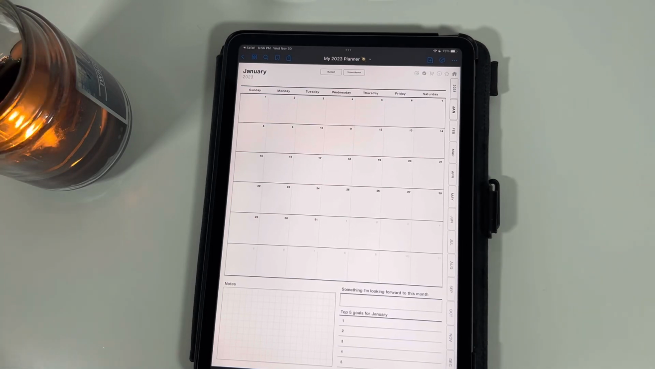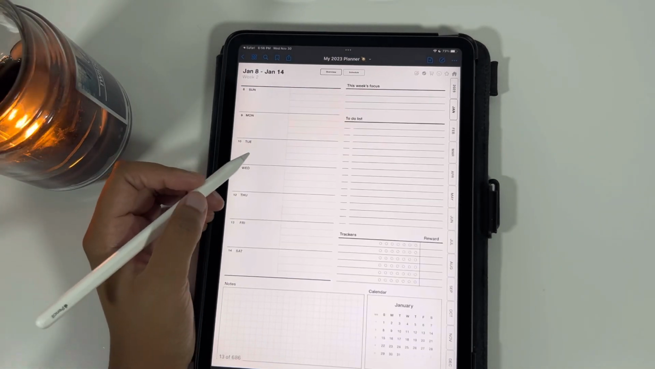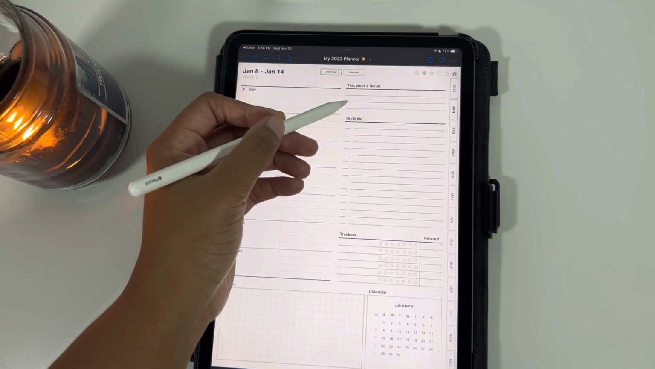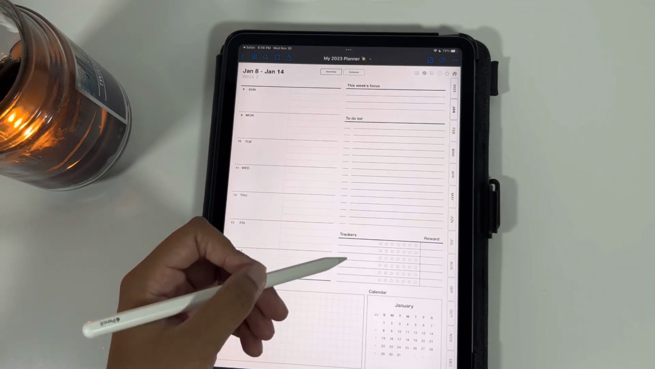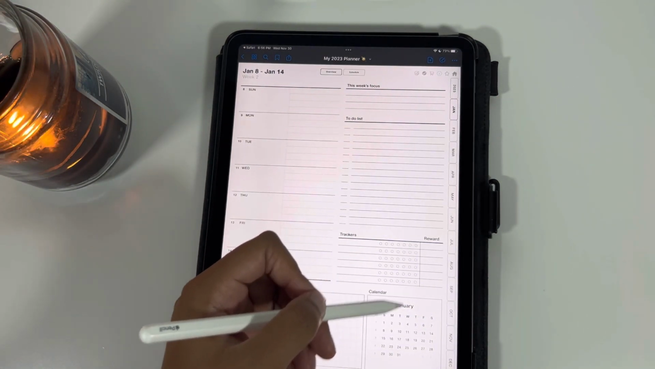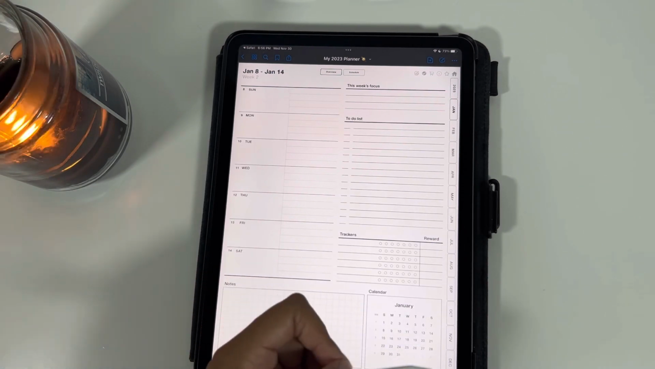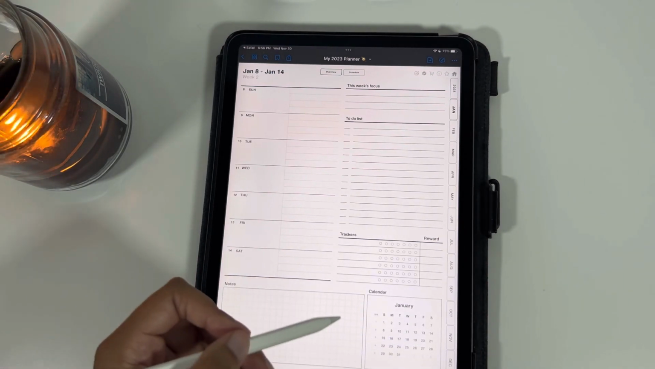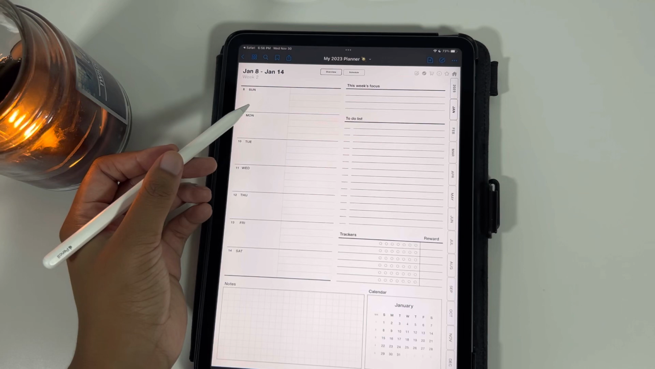Back at the monthly spreads, we're going to go back to the weekly spreads. So for each week, you're able to put a focus for that week, a to-do list, your trackers, plus a reward for completing those trackers. You have your mini calendar down in the bottom right corner, a notes section,